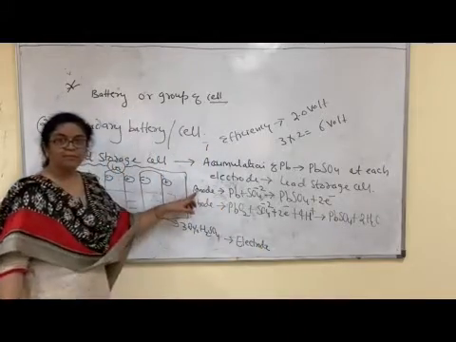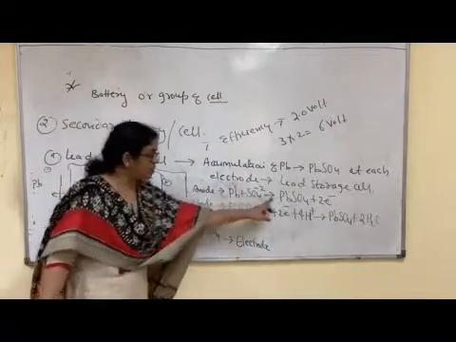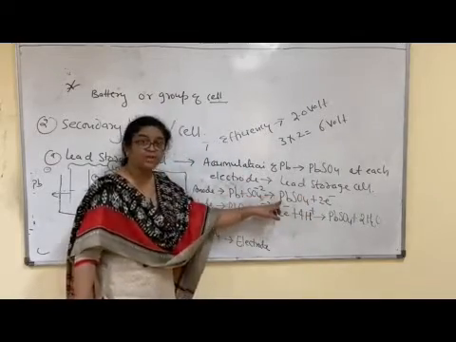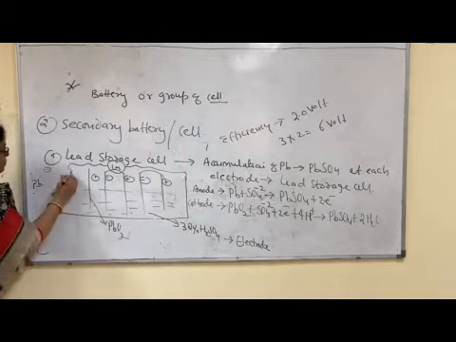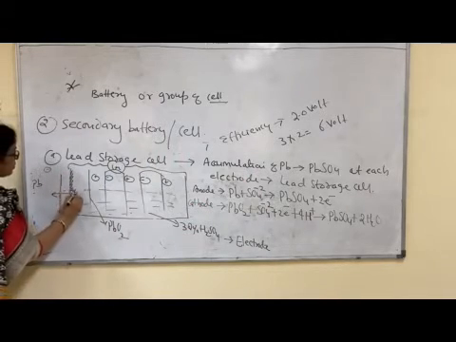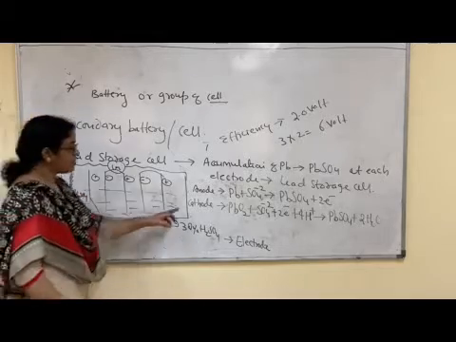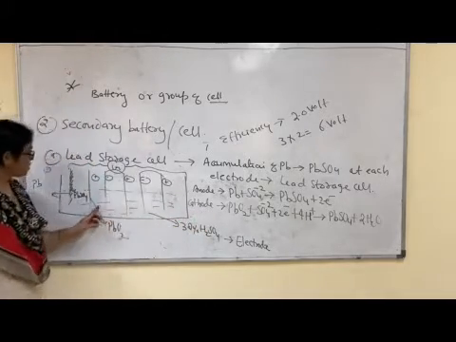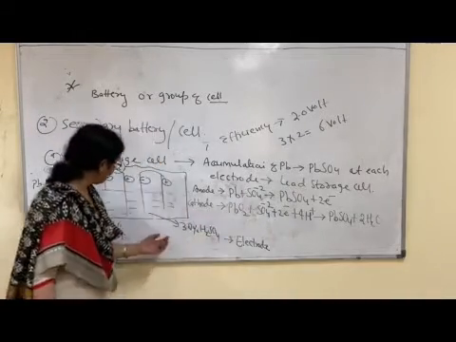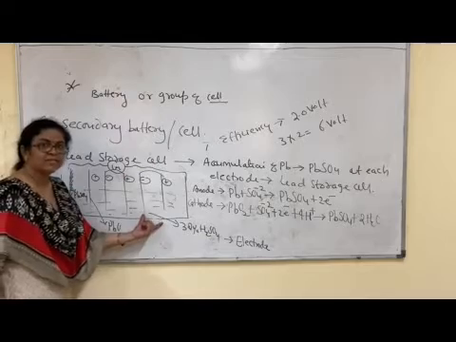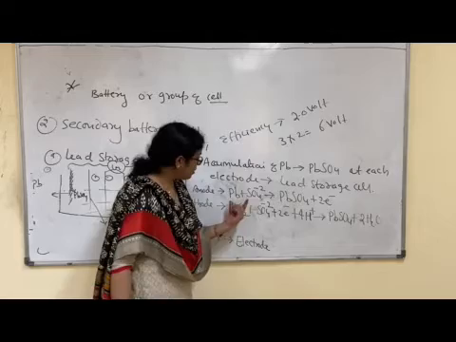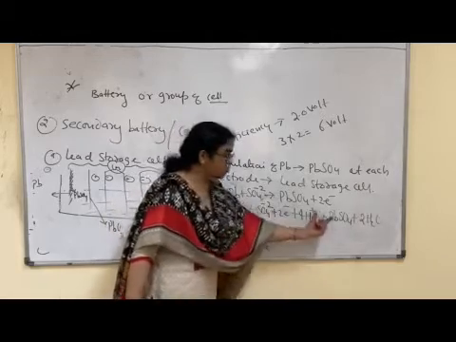Right? At the anode, what is the possible reaction? The anode is oxidized, always oxidation occurs. And which solid substance is obtained on the surface of lead? PbSO4. This is a thin coating of PbSO4. The second possible reaction at the cathode: PbO2, sulfate ions. Sulfate ions are coming from this electrolyte, which is 38% sulfuric acid, and electrons from the anode. Then what happens? Reduction of PbO2 into PbSO4.